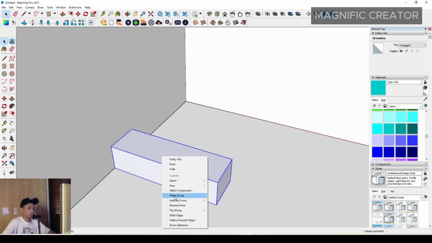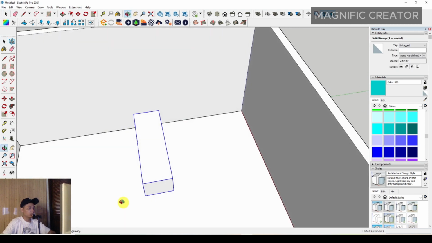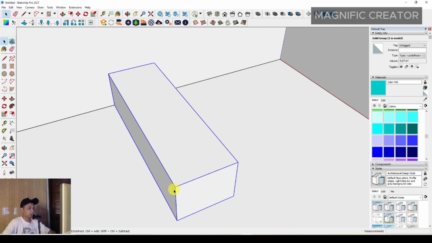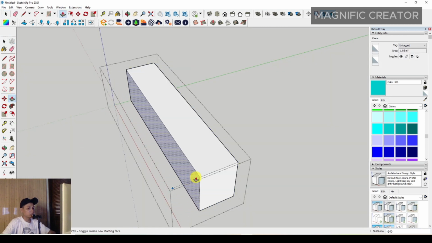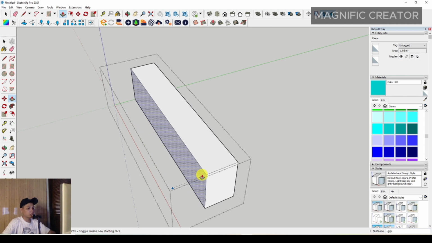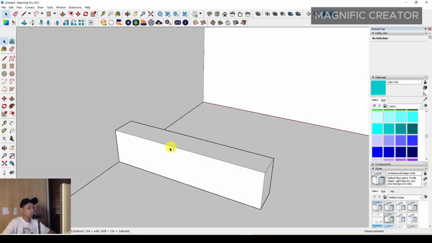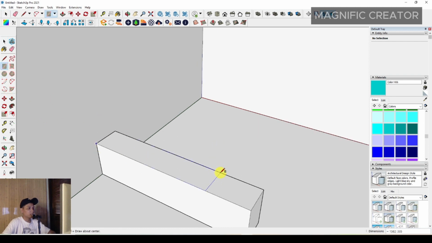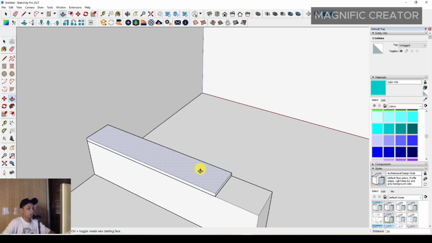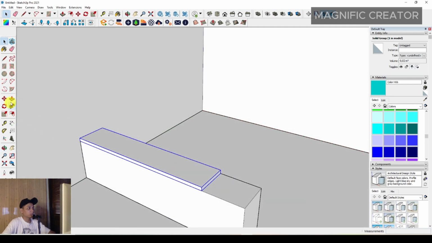Then you have to make it a group anyway, and if you think it's too weird, you can just make it smaller with the push or the scale. I use the push tool to make it smaller than before. It's around 300 millimeter, right? Then you can make another shelf in this room divider. You can set the thickness of the shelf to around 330 and 38 millimeter, and just make it